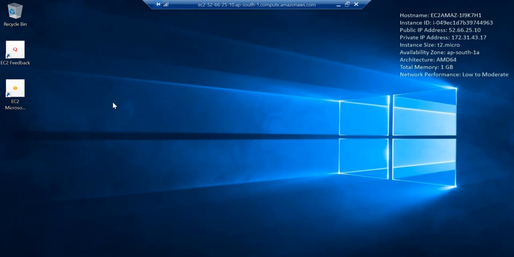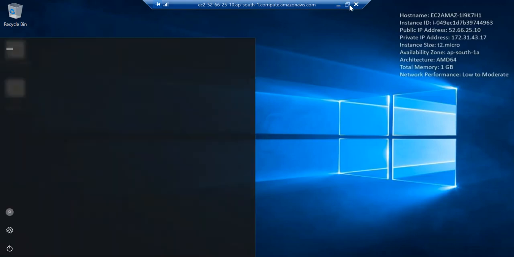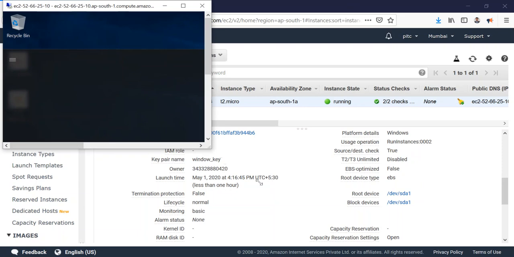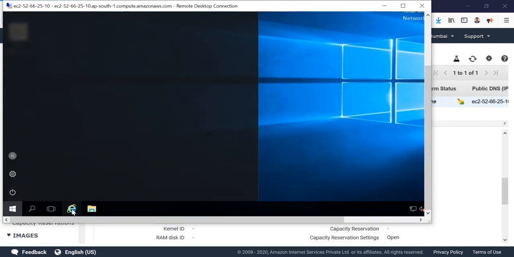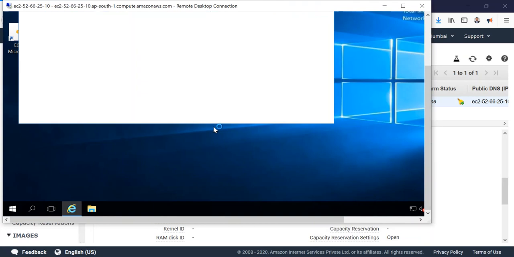Now in this machine, if I want to run the internet, I can go with Internet Explorer, but by default there are some restrictions, so it will be very difficult to run the internet here. Let me minimize this.